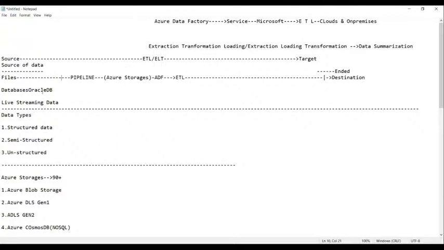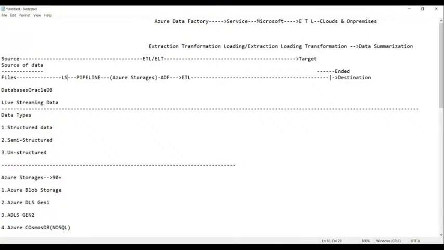These are two different products. So to create this relationship between the Oracle DB and my data pipeline, we require a service called a linked service, LS. Clear now?